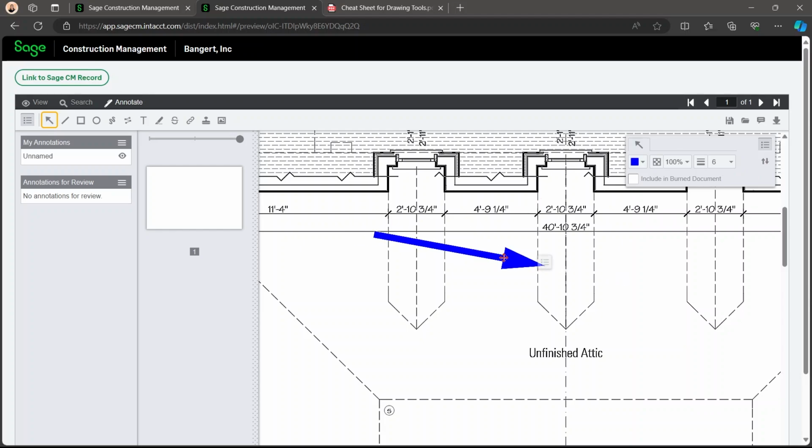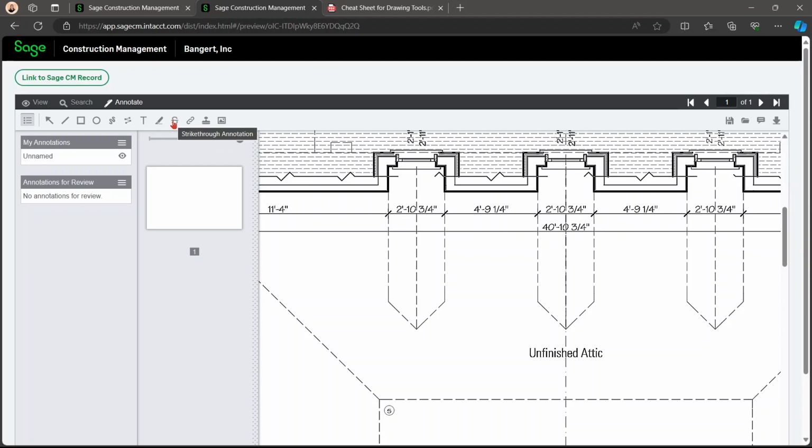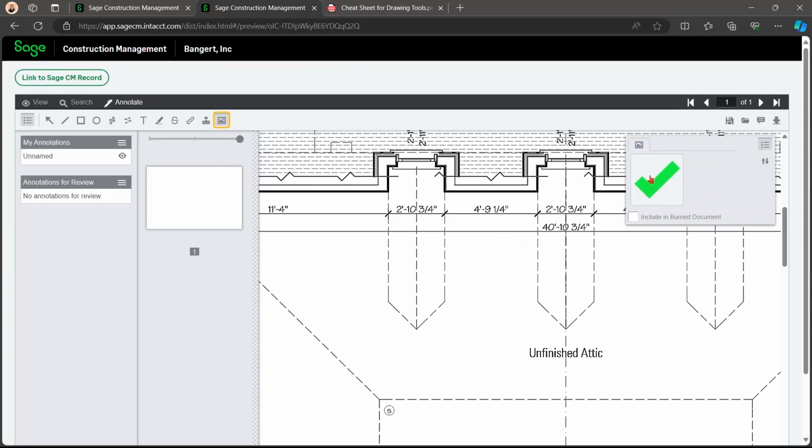And you're just going to draw it. You need to click and hold until you release when you want to drop it, and then you can move it around. And then over here are your layers, so you can layer it all the way down if there are multiple annotations on top of it, move it backward, move it forward, etc. You can also delete it up here. You're able to strike through different annotations. You can text hyperlink and stamp annotation. Then you can add different image stamp annotations, such as a check mark.